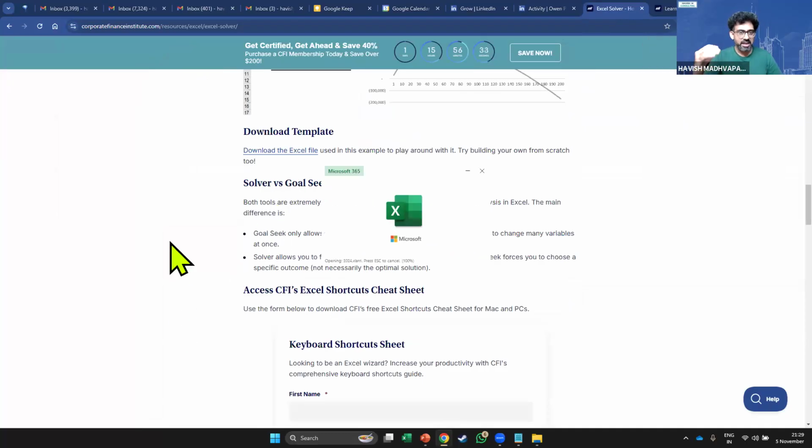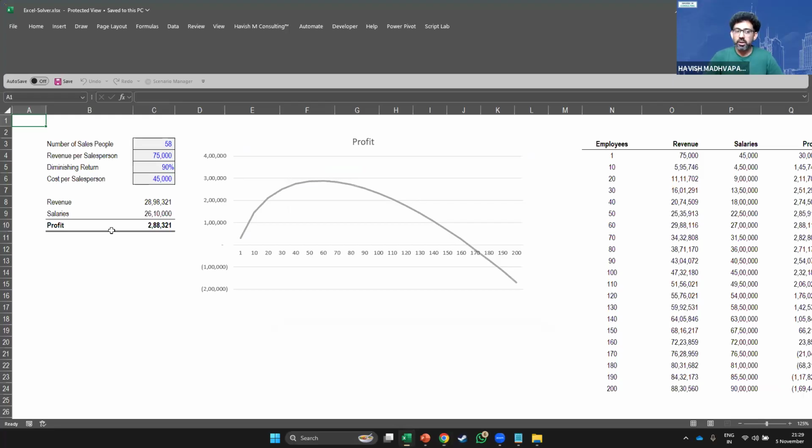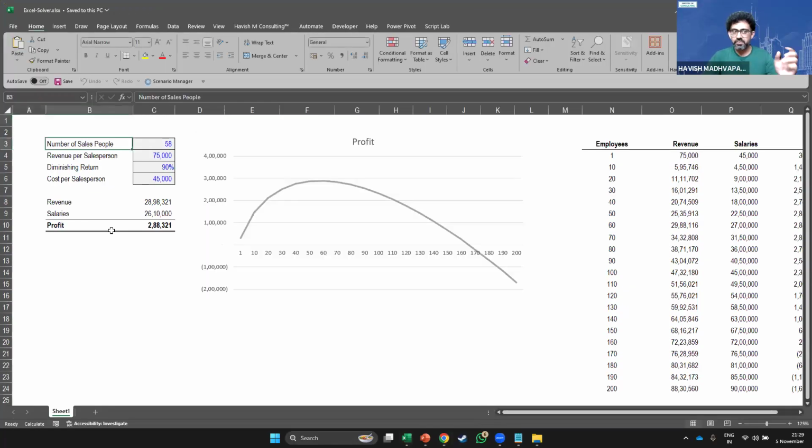See, they have explained, given the instructions step by step, how to work on it. Plus the example is there. So I'll just tell you what they have covered in this. What they're saying is that there are 58 salespeople. Each salesman is getting a salary of 75,000. There is a diminishing return because the market is a zero-sum game. If I keep on adding more and more salespeople to the same market, beyond a certain point, there'll be a diminishing return because there'll be cannibalization. It's like Maruti Suzuki opening 100 dealers in Delhi. It's not that it will infinitely keep on growing sales, correct?